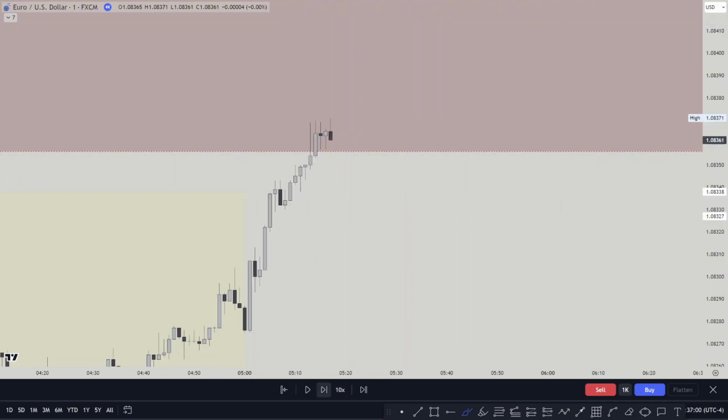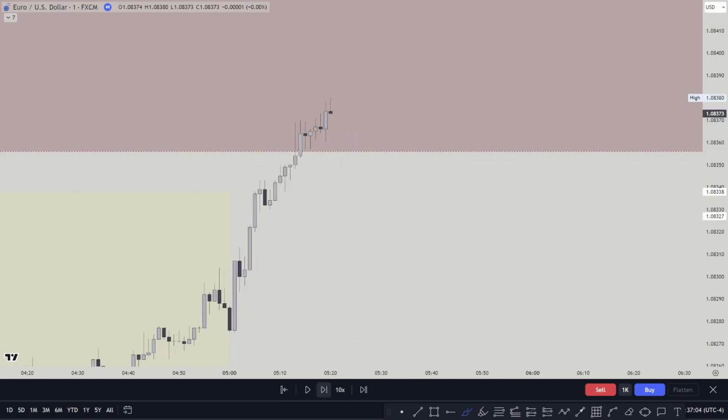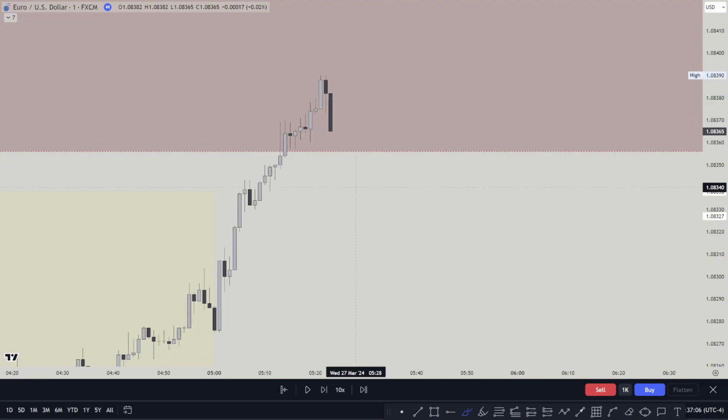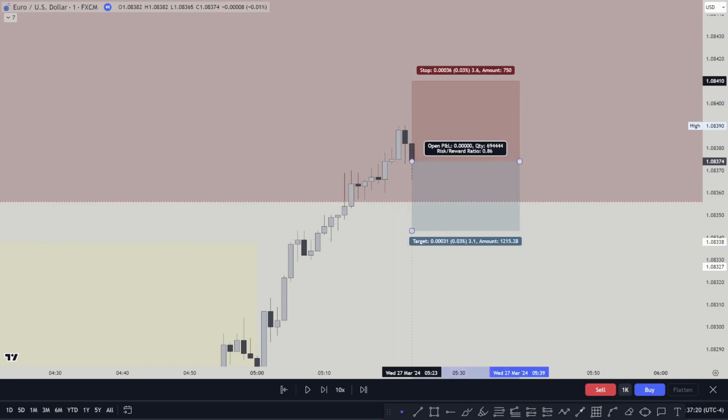Playing the price action. Took the high. Started coming lower, going up again. So there was no change in state delivery until when? This candle, this was my last bullish candle. And then we had a break and a closure below that last bullish candle. So in my opinion, that's a change in state delivery. Stop loss was a little bit above.